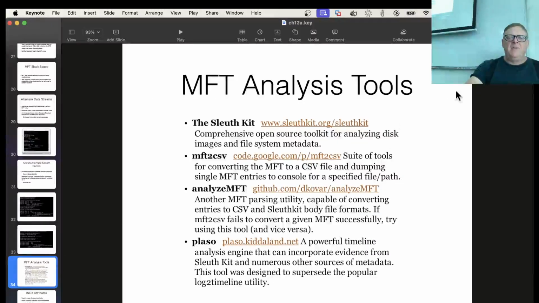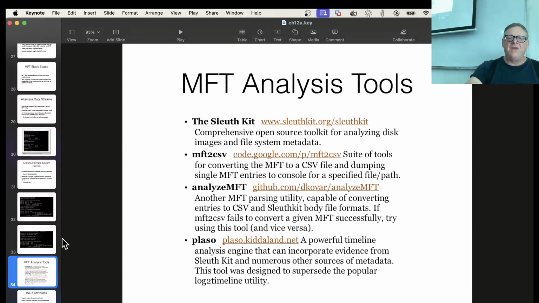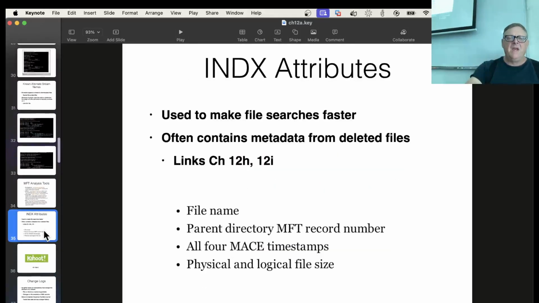All right. So there's a lot of tools to analyze the master file table. SleuthKit, which is part of Autopsy, is there, and there's a lot of other tools that can do this. And there's an index attribute. This is a big sore point at Microsoft. Around